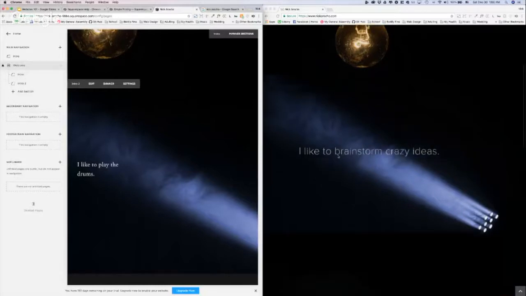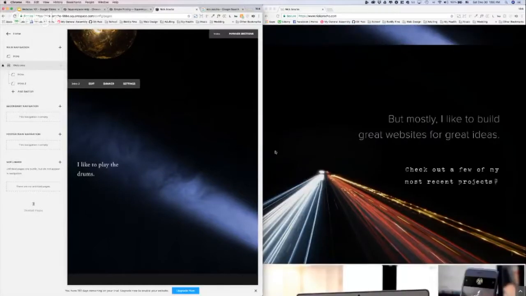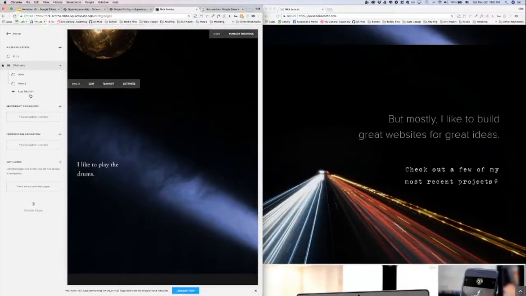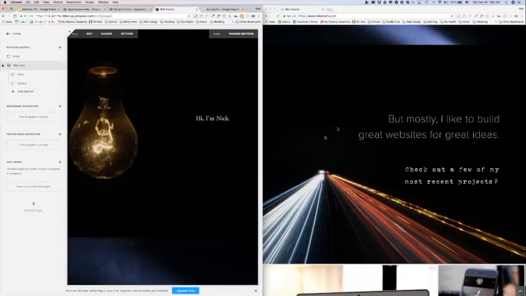Okay, what's next? One more of those intro banners. So this is a good opportunity to show you how to duplicate a page, right? I kind of want something very similar to this, where I have a banner, I have text on the right. I don't have to do that spacer thing again. So I'm going to hover over intro. And you can do this with any page, any blog post, any event,